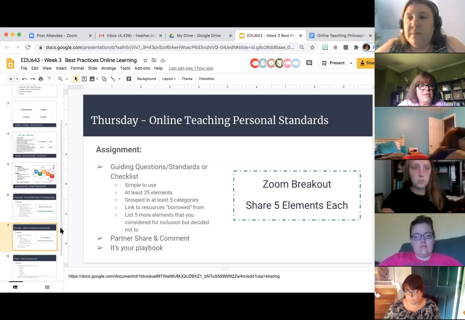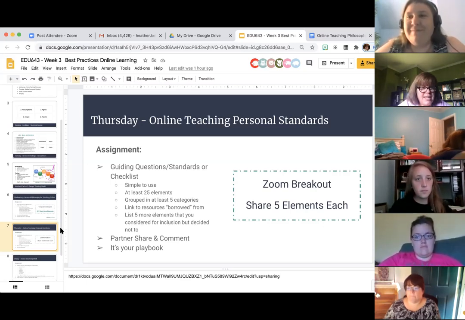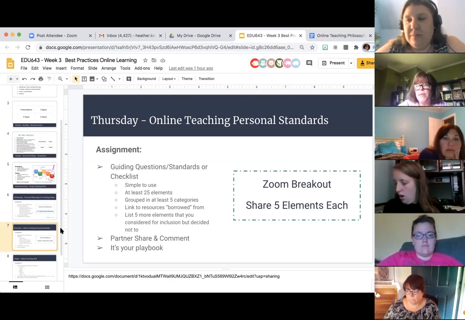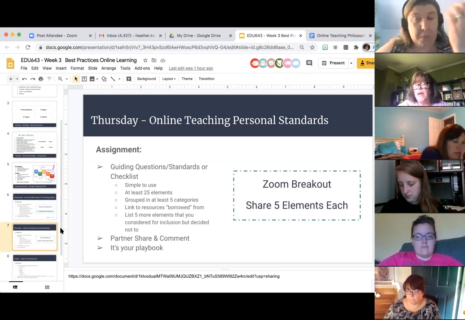Go to your discipline. If reading is your specialty, there likely is a checklist to go with that, related to the online learning component. Math tends to have them. If you do a foreign language, a world language, it probably has it. So go back to some of the associations that you belong to. You also likely will find those elements in their standards too.